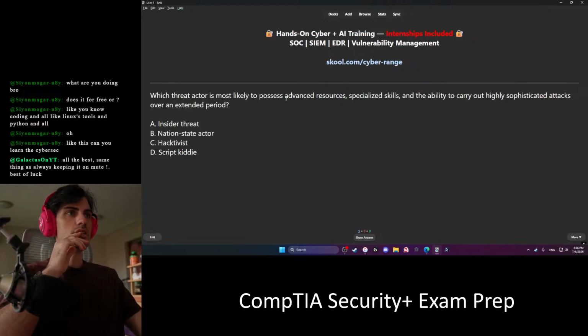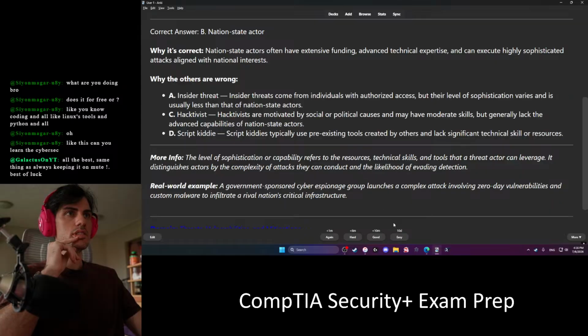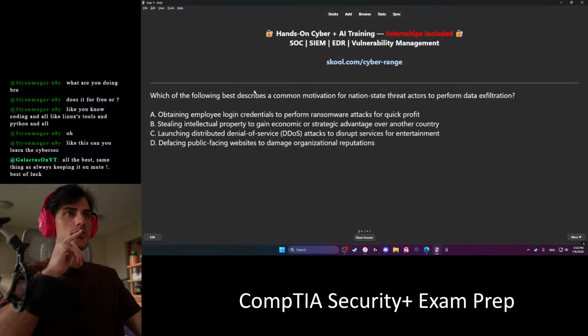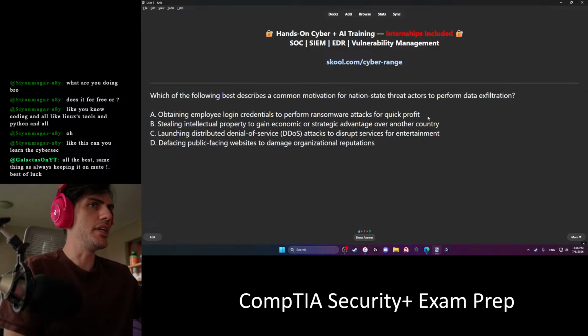Which threat actor is most likely to possess advanced resources, especially skills and ability to carry out highly sophisticated attacks over an extended period? Nation state actor. Which following best describes a common motivation for nation state actors to perform data exfiltration?